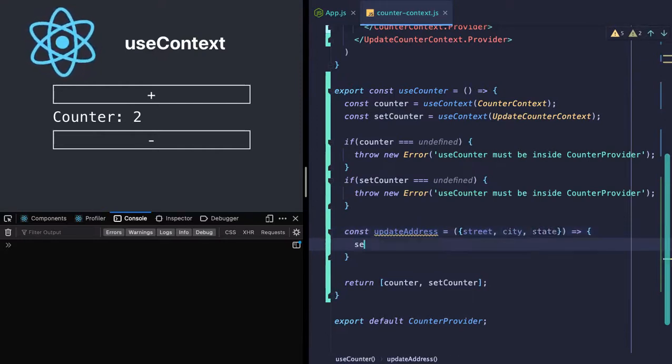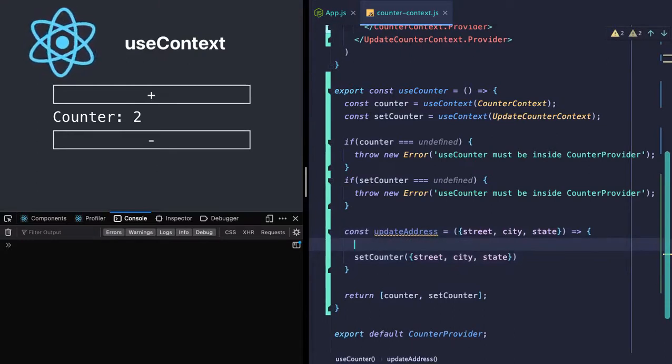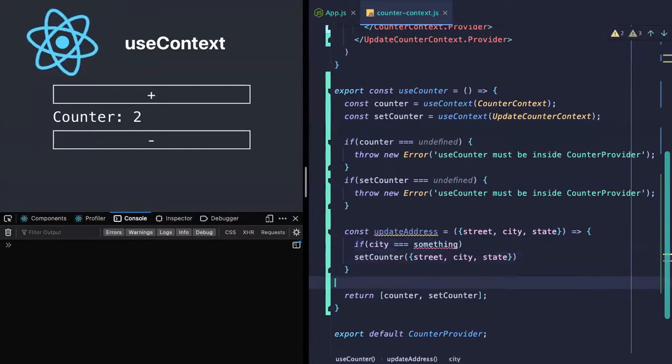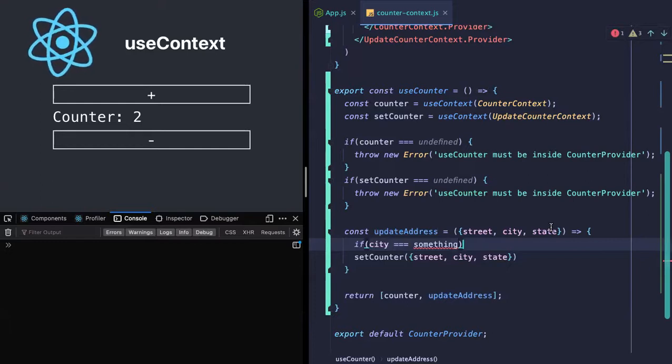At the end, I'll be calling the use counter, but we will have a different name, and I'll just be passing it here. The benefit I get is that I can do checks, like my city should be something between something and something. And rather than passing the set counter outside, I'll be passing the update address. So that way I'm wrapping my context to not be used directly, as well as I can do much more when somebody is using this update address.